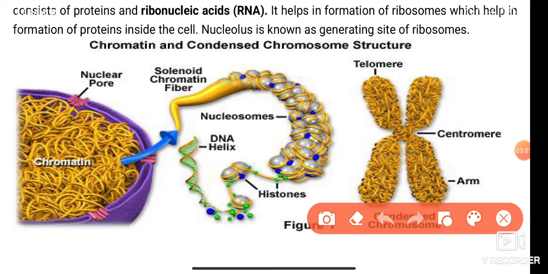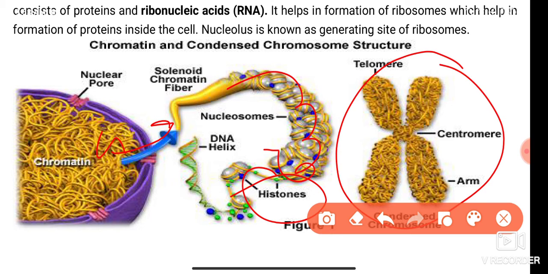These noodle-like structures present in the nucleus are known as chromatin, and each chromatin fiber contains DNA molecules which are connected by histones. Histones are the proteins which connect the DNA to form the chromatin fiber. And what are chromosomes? When these noodle-like structures condense on each other to form the projections as shown in the figure, they form chromosomes. The chromosome is seen during cell division, when the cell is about to divide and reproduce.